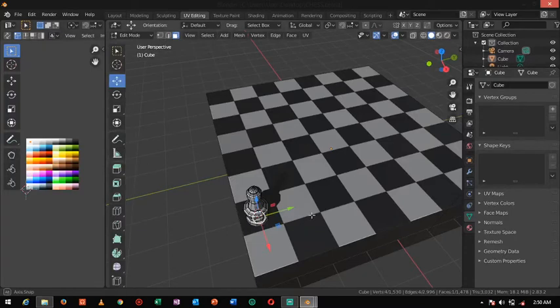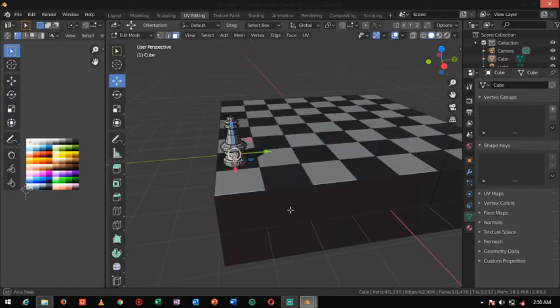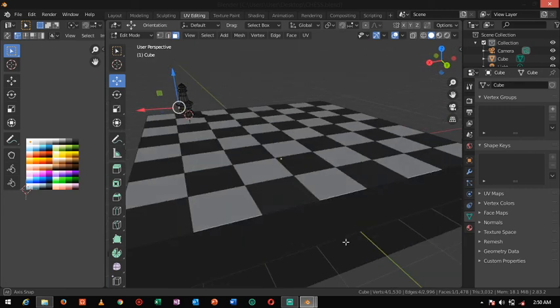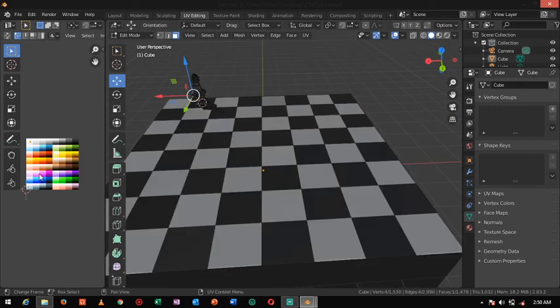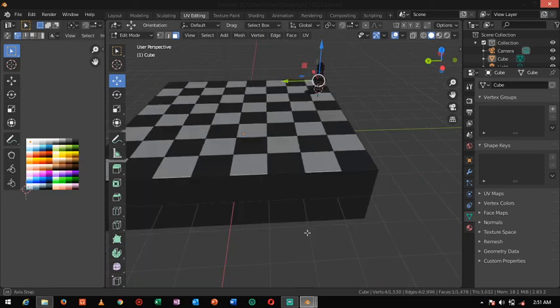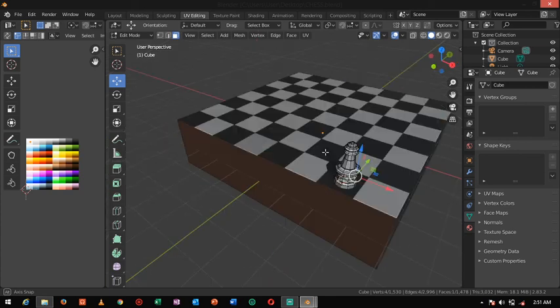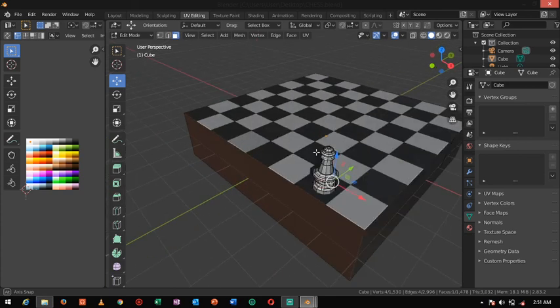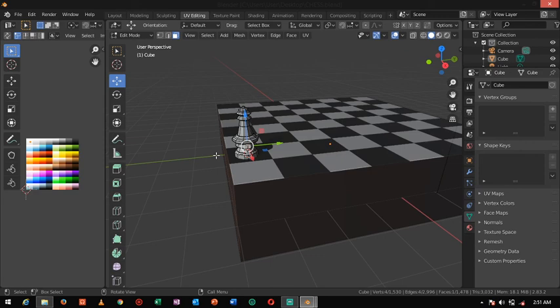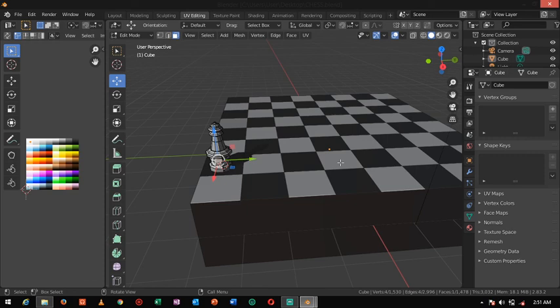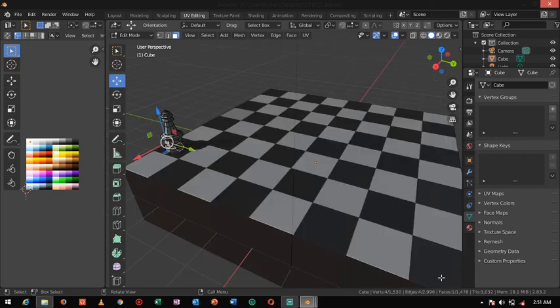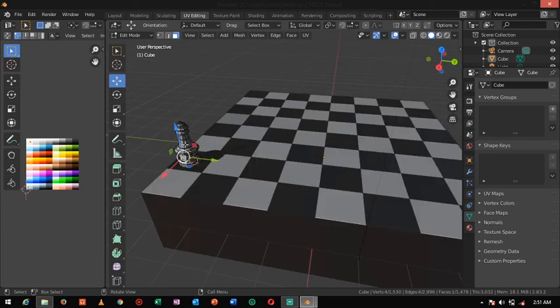See, with the help of basics only, I made this one. With the help of texture paint, I colored all this. This is a chessboard, and this is the green color I used. Then with the help of extrude and S scale, I made this. With this you can use the mirror option and copy, and you can make the full set like this. Later I'll show you how to make a chessboard and all the chess characters.